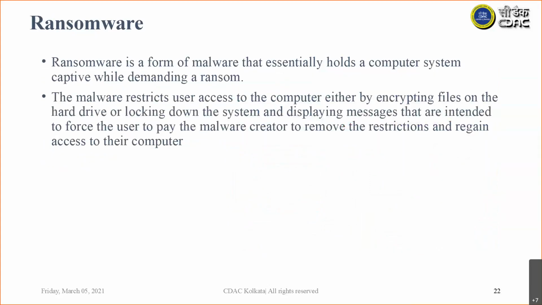Another very popular type of malicious software is ransomware, which is a form of malware that essentially holds a computer system captive while demanding a ransom.